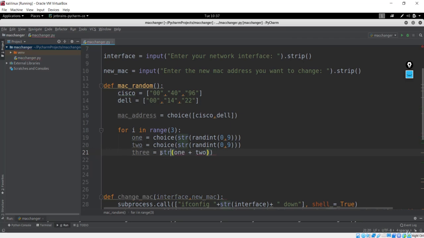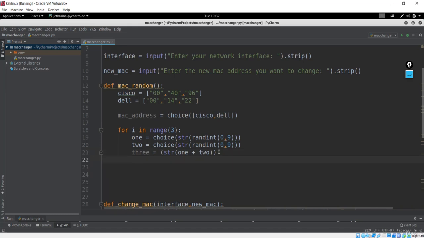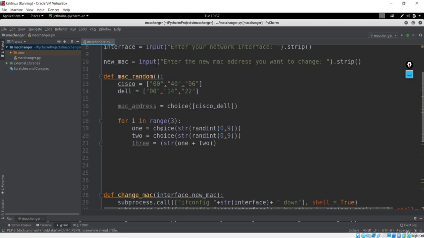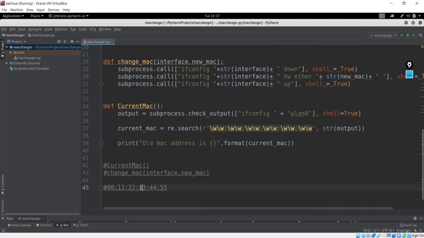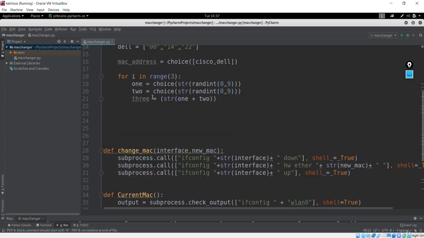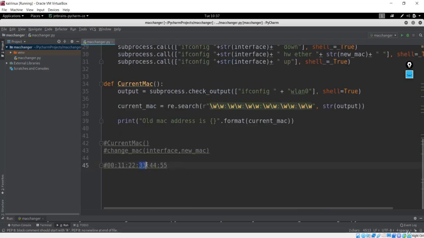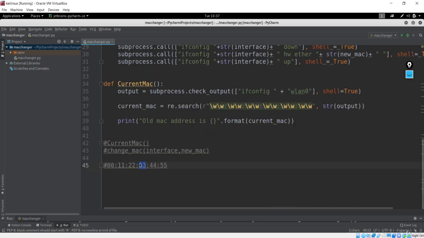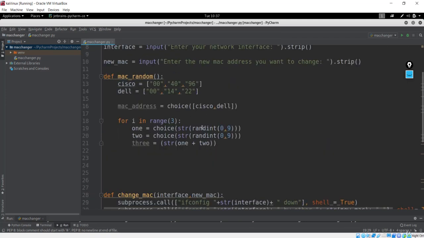So let me just typecast over here. Now we have added this 1 and 2, which will be just getting us a 3 pair. So you can see what we just did. For each pair, this loop will run and it will generate this first number from this 1 and the second number from this 2, and we just added over here to make one complete pair. And this loop will run 3 times. That means we'll just get three pairs of the number, which will be random basically, because this is randint.